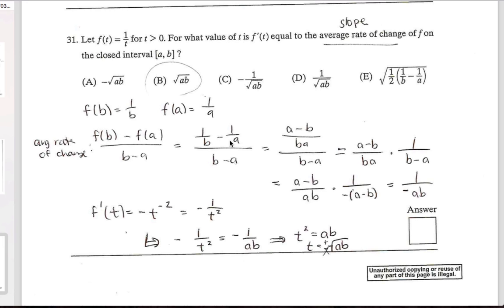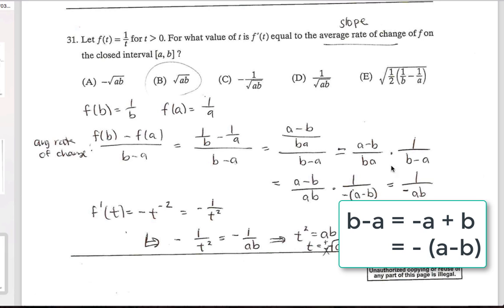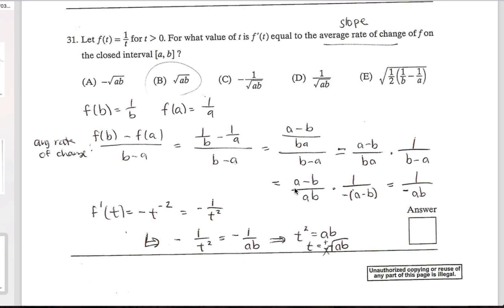Get a common denominator. That's ab. So how do I get from b to ba? I have to multiply by a. So multiply by a on the top. How do I get from a to ba? I have to multiply by b. So multiply by b on the top. So I have a minus b on the top over ba all over b minus a. It's a division problem, so I have this whole thing divided by this. So I'm going to change it into multiplication: this whole thing times the reciprocal of this, right? So I have 1 over b minus a. Now, b minus a could be rewritten as negative a plus b, in other words, negative parenthesis a minus b. Why did I rewrite it like that? So that I can cross out the a minus b with this a minus b, and I'm left with negative 1. So I get negative 1 over ab to simplify that.